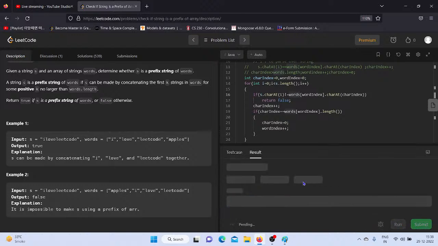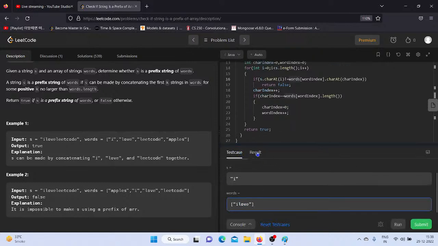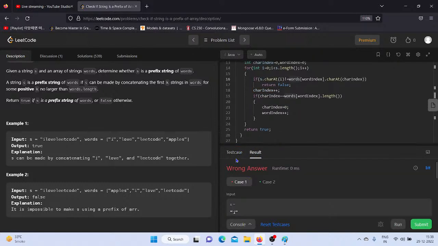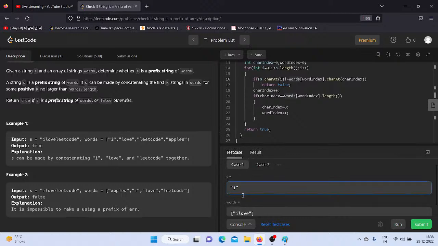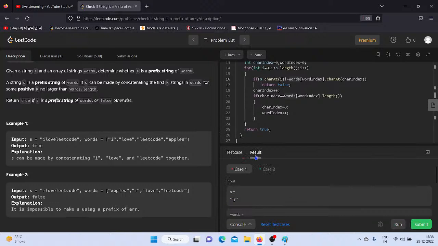Why it won't run, right? So what I need to do is increase my... I need to add something more, like a counter variable. If I increase my character index,